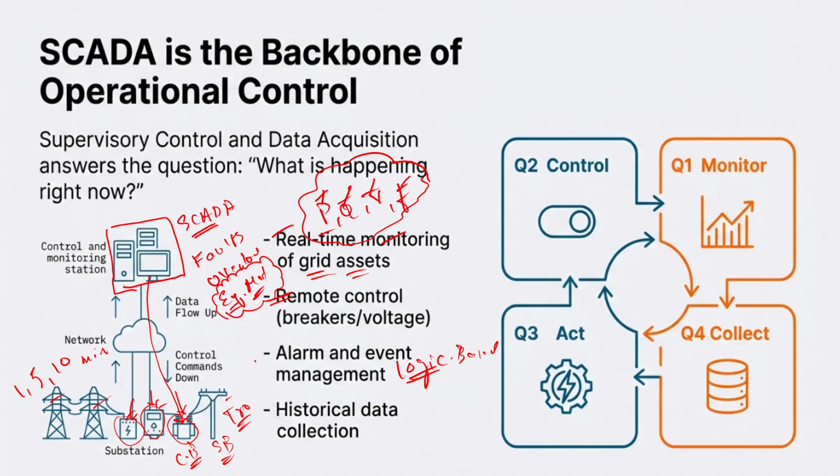Those malfunctions will be logic based, and that will trigger the alarm, and based on that alarm we will take the decision on what needs to be done. Whether this complete panel needs to be isolated, or what exactly happened behind the scenes. So this is what,